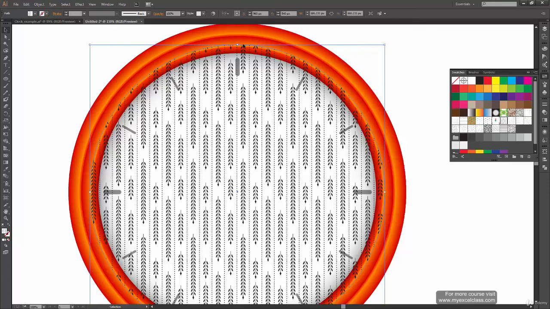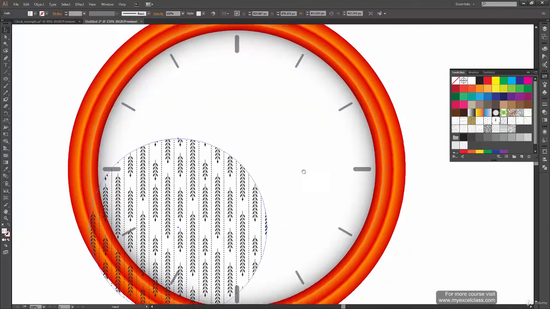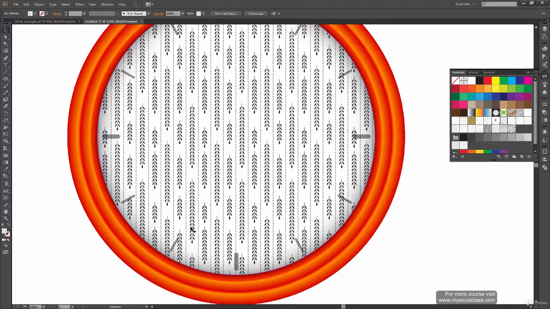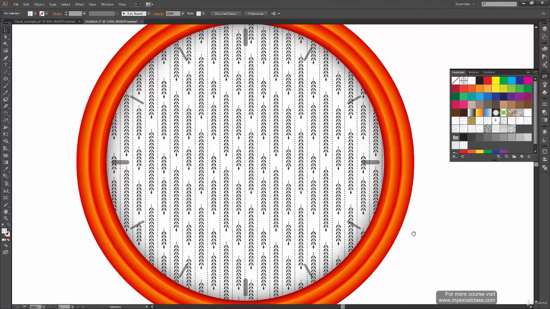So you can go to your selection tool, select the object, and go to any of your corner points. And while scaling, you can press Shift to have a proportionate scale, and Alt so that it scales from all the directions at once. Otherwise, it will just scale like this, which I don't want. So while scaling, press Alt and Shift together, and when you can see this blue line which is moving, when this blue line just comes inside your stroke, at that time you can just release it. So here I have achieved a very precise result, and this looks good.